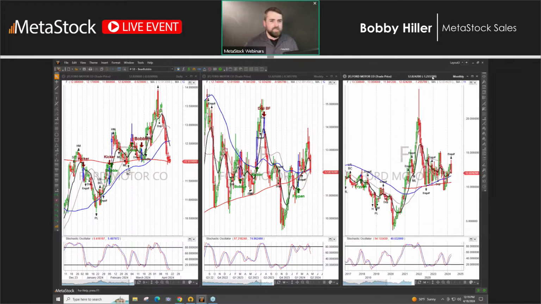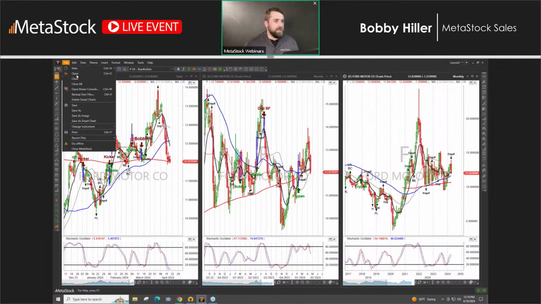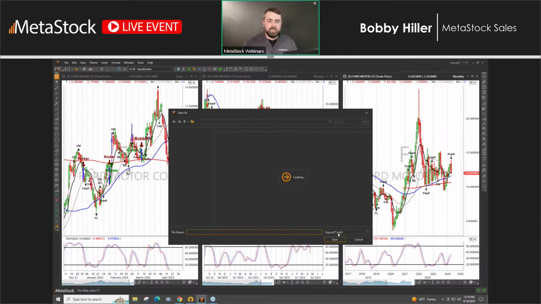Okay, so now I have the daily, the weekly, and the monthly. What I could do now is come in and do File, Save As. And instead of saving it as a layout, I'm going to save it as a layout template. So now it's going to be an actual template. If I wanted to open up a different security in a similar fashion, it'll allow me to do that.